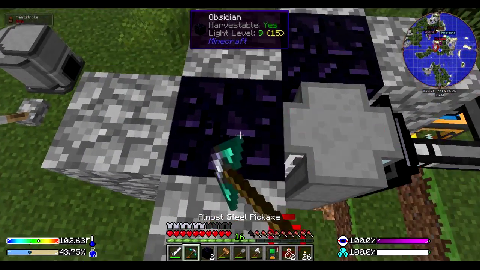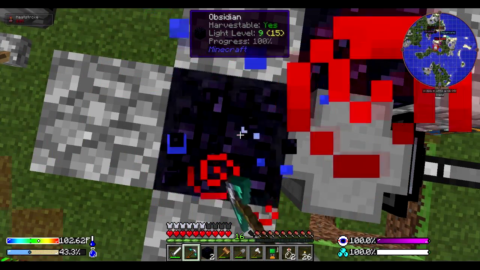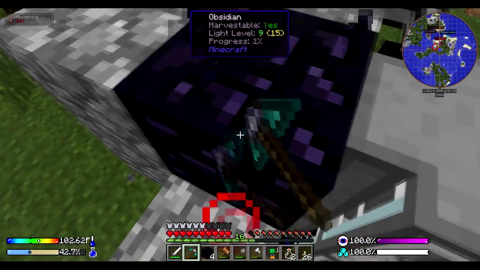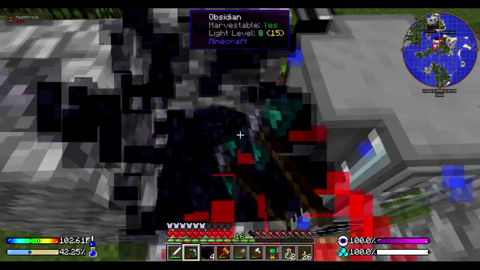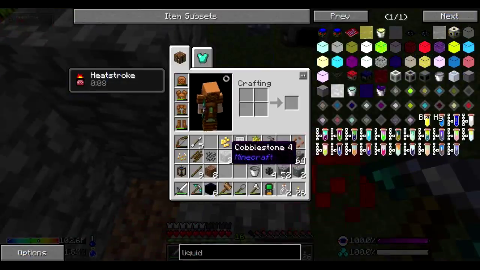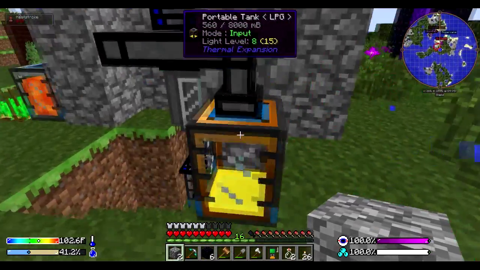Huh. Okay, well, we're going to have to figure out a different source of heat then, because although the obsidian is appreciated, it's not something that I really want to utilize right now. But at least we know that this setup works. We just need a different heat source. So we definitely have that going for us, which means that we can start working on a thermo something or another in order to...